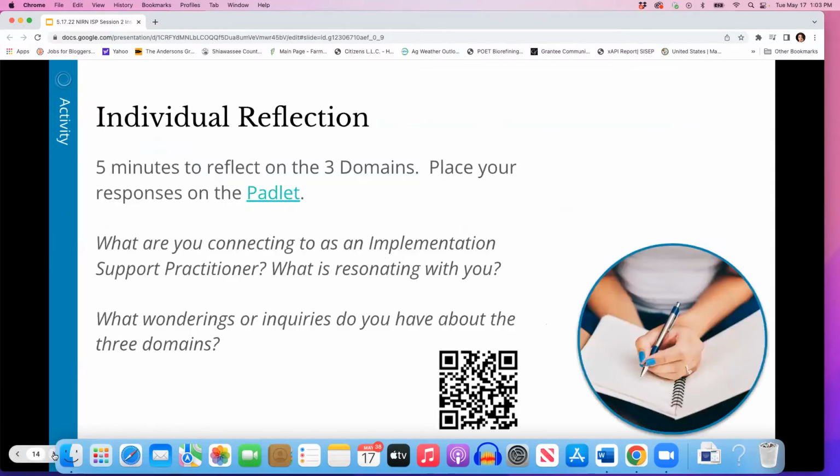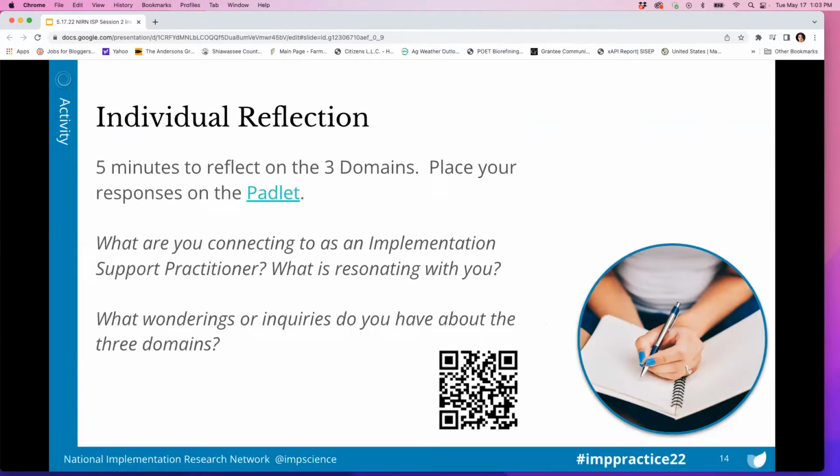With that in mind, I've talked to you for a bit now, and we want to give you a few minutes to reflect on what you heard around those 3 domains and their core competencies. So what is connecting to you as an implementation support practitioner, or maybe you support implementation support practitioners just to up it another level?